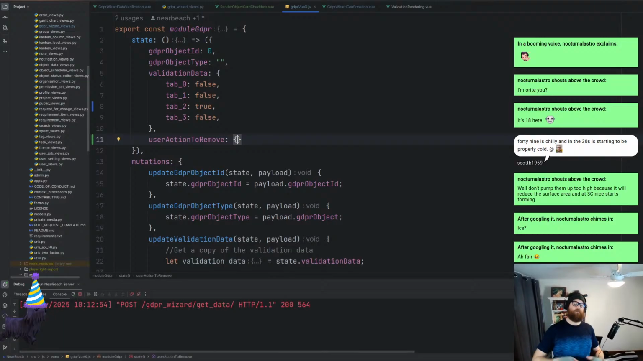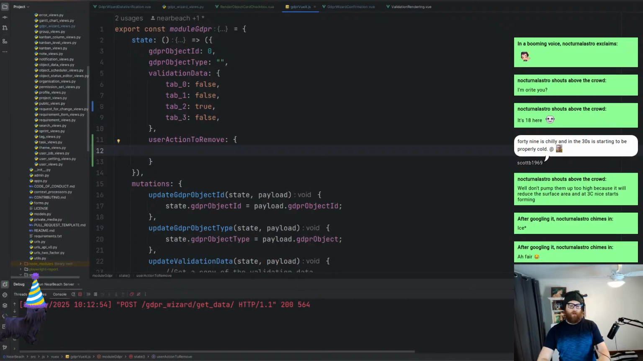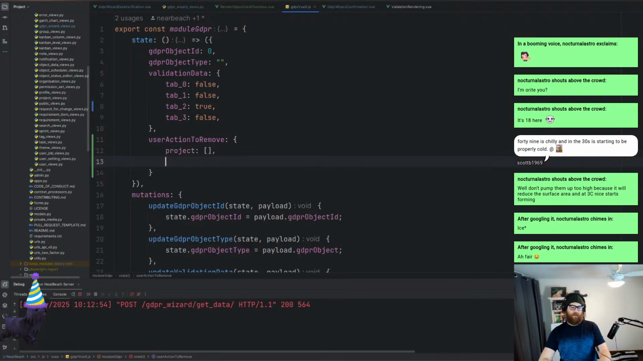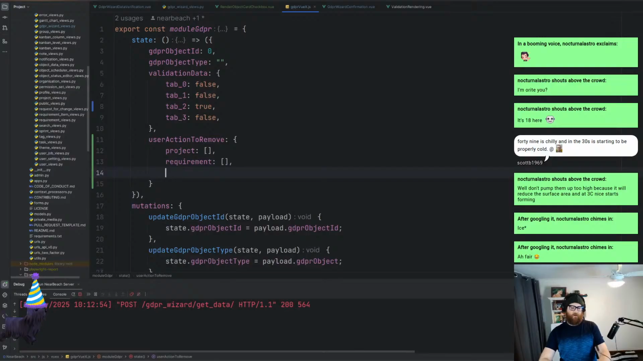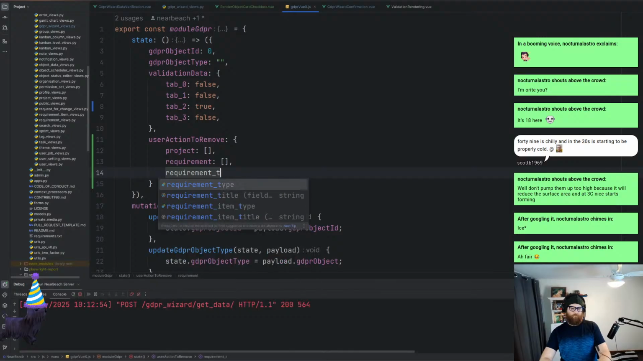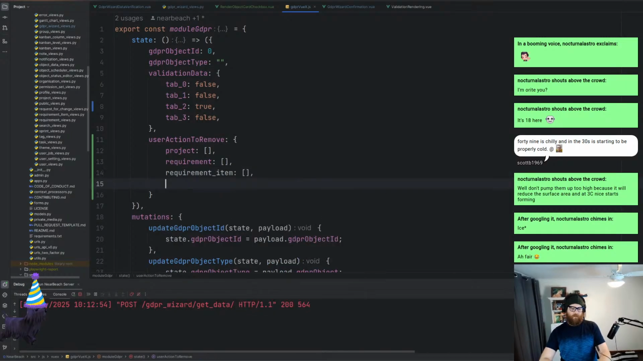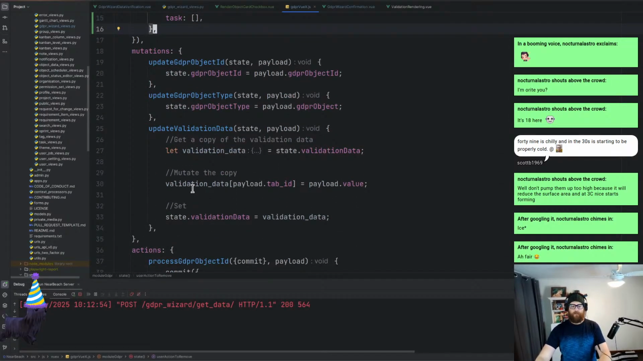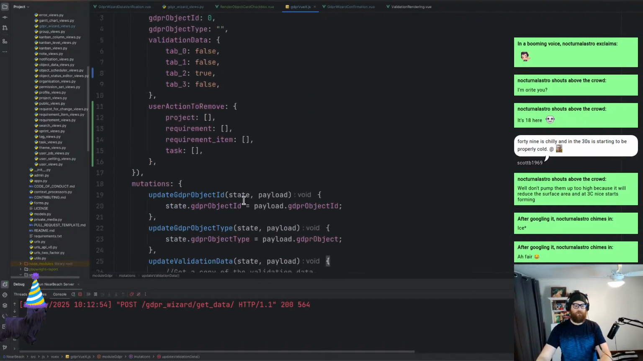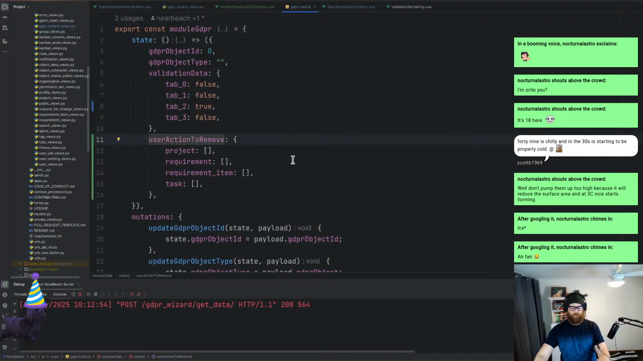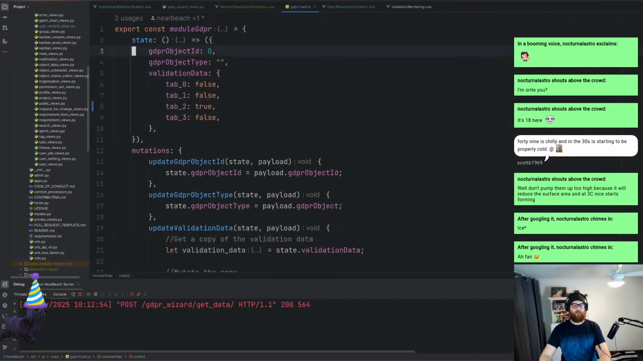The reason why we're picking something slightly different is we've got to be clear to the user: hey, this isn't user action required. This is what the user has picked to be removed. So in here we'll have project, nothing in there, requirement, nothing in there, requirement item, and nothing in there, and then task, nothing in there. And then updating is going to be very, very simple. So this is action. We actually need to remove that. Actually, no, it's user